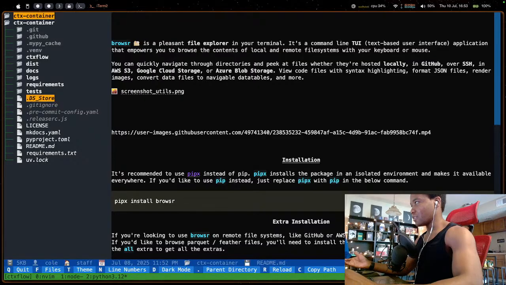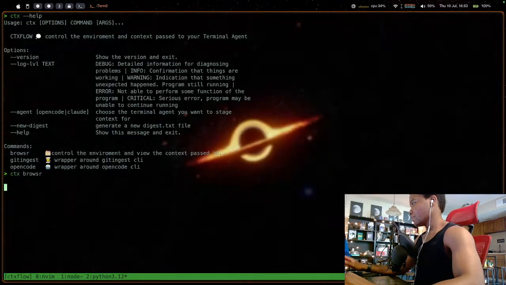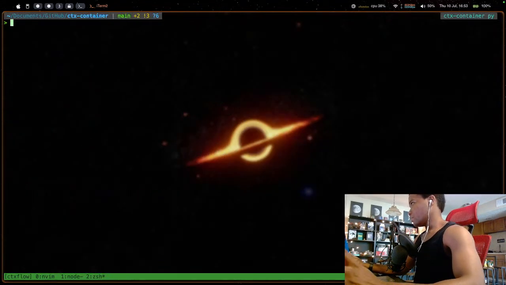It's all right there, like AWS, Google Cloud Storage, Azure. So that's pretty cool to be able to view files like this. But that's not really what I'm using it for right now.